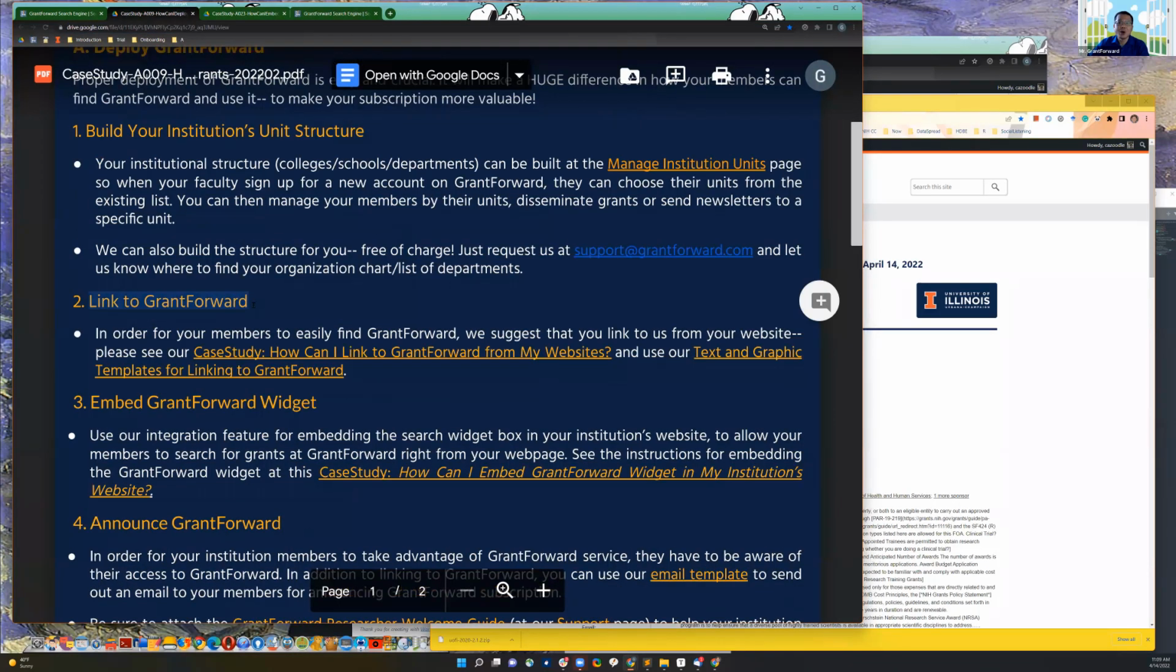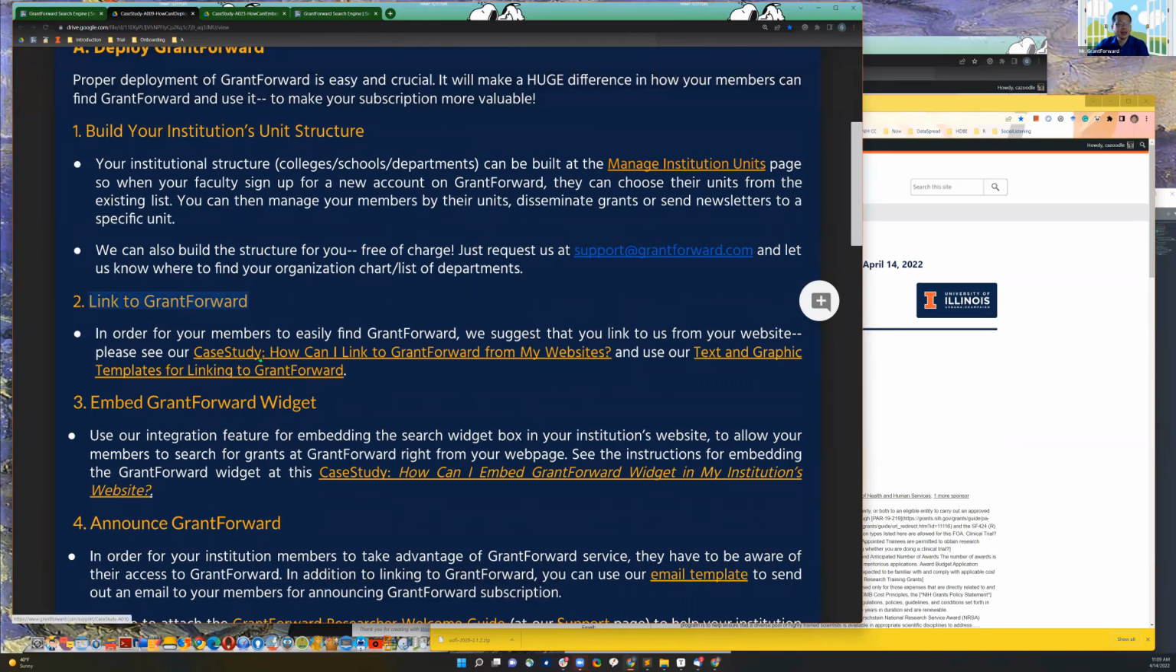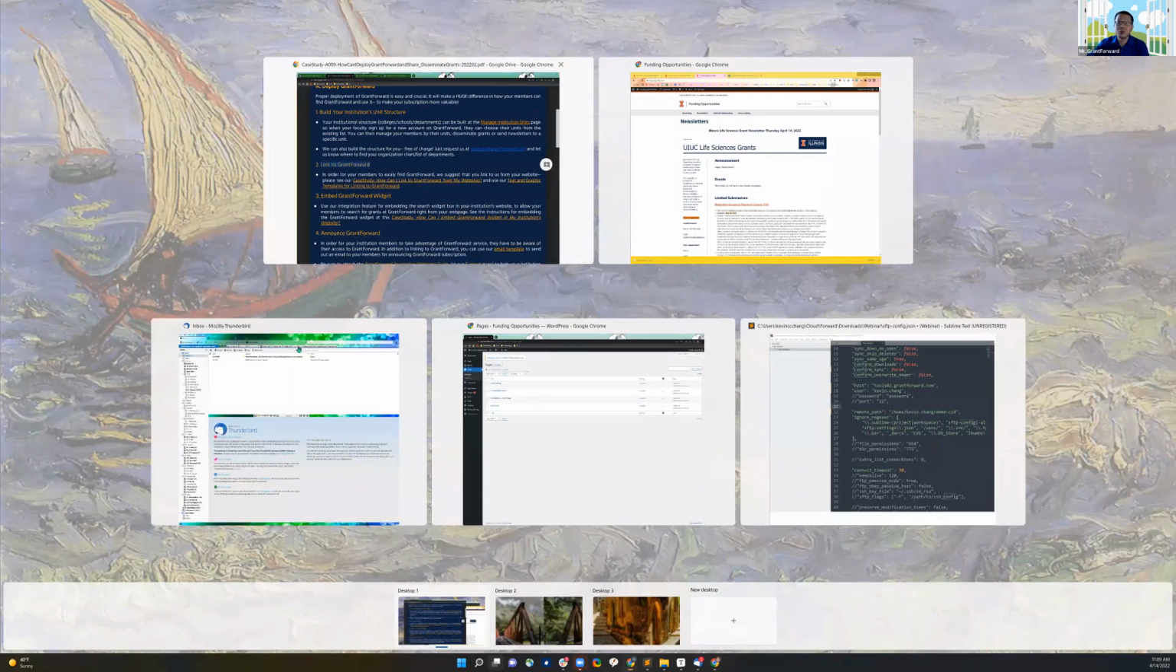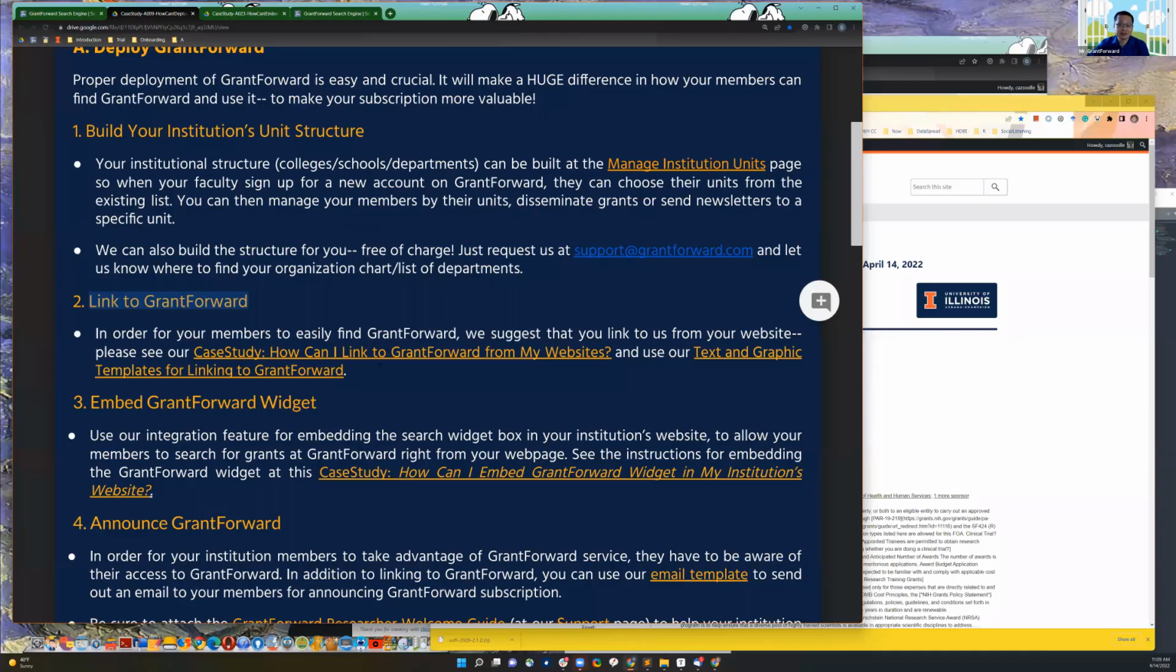The second step, you want to link to GrantForward. I won't go into the detail. You can follow the link. I will send you this document as your handout after today's webinar. We provide you text and graphics. We also emphasize you need to link to GrantForward, not only from the university's library system under your A to Z